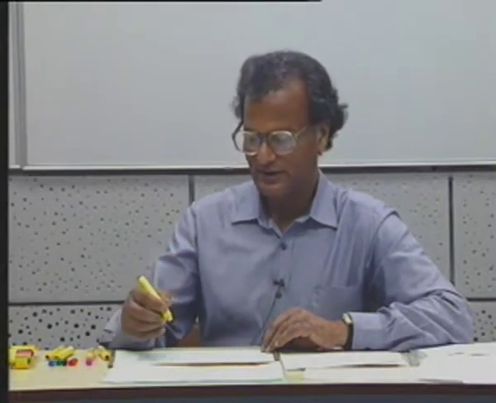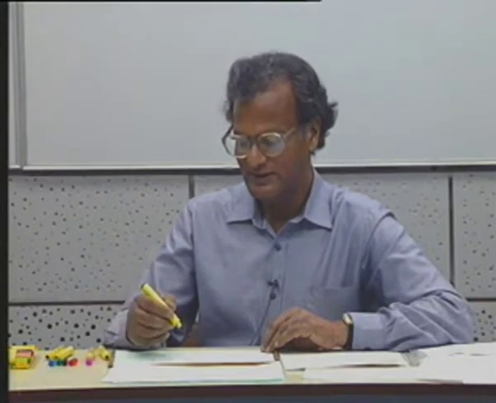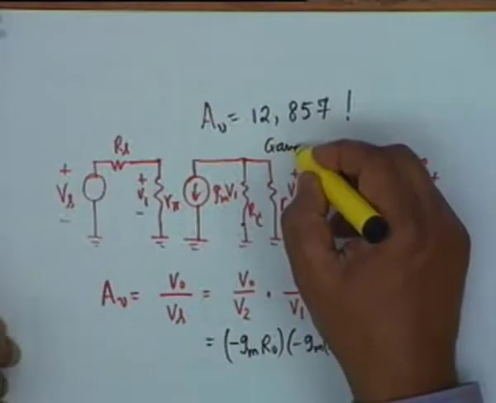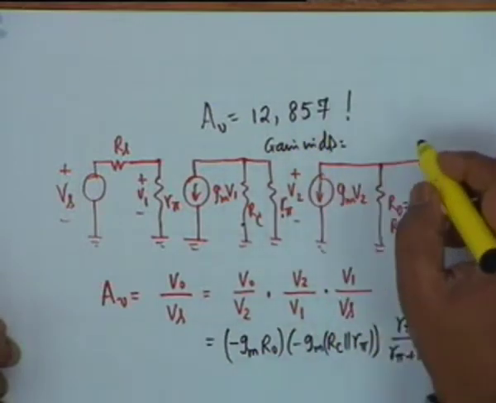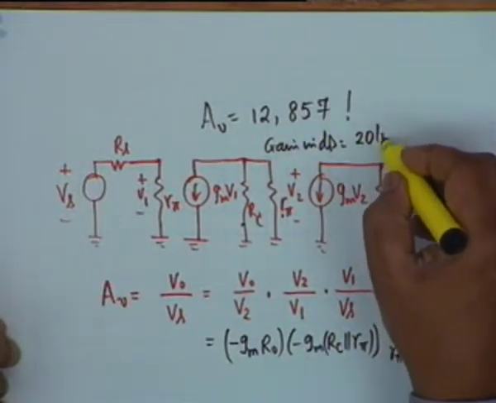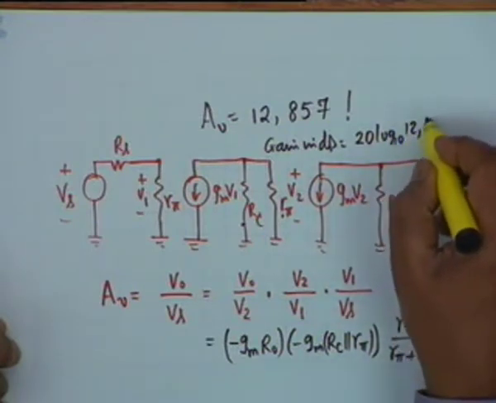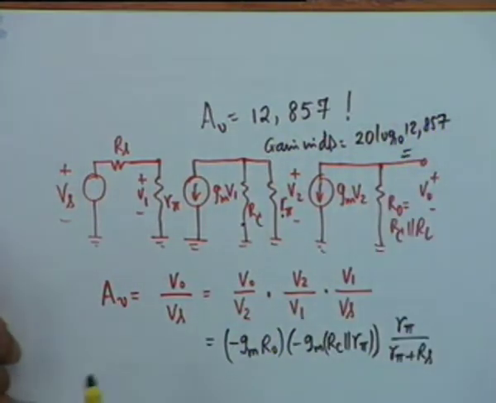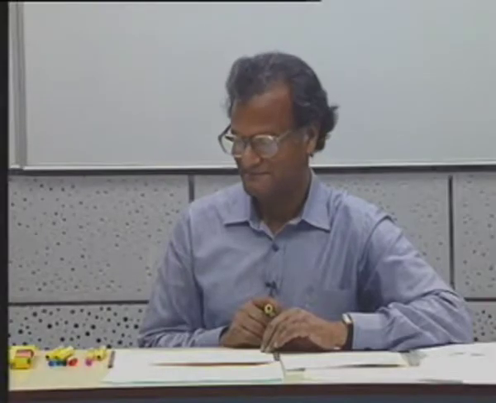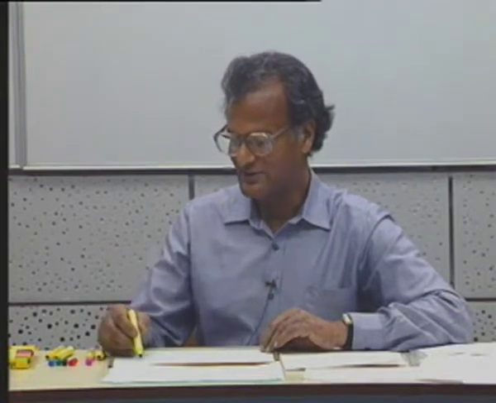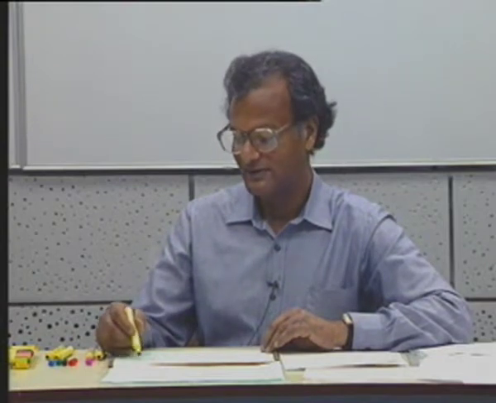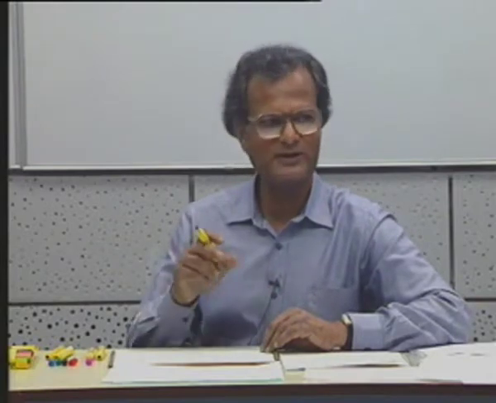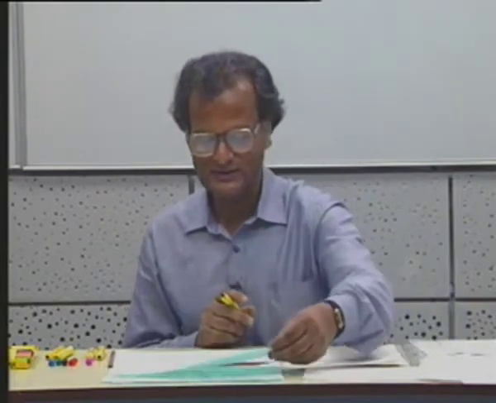All right. Now such a large number usually, as you know, is expressed in decibels, gain in decibels. If you want to express in decibels, then you should take 20 log 10 of this number, and I leave it to you to calculate how many decibels this shall be. How many decibels? What is your guess? This is more than 10 to the power 4, and therefore it is more than 80 dB. Okay, that is how usually electrical engineers express the gain.